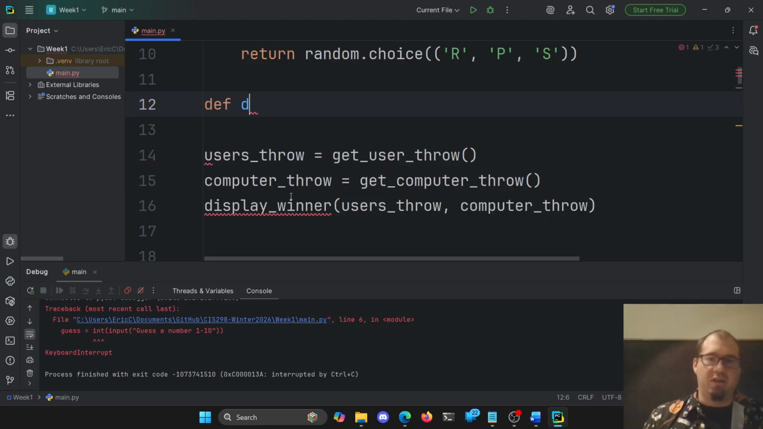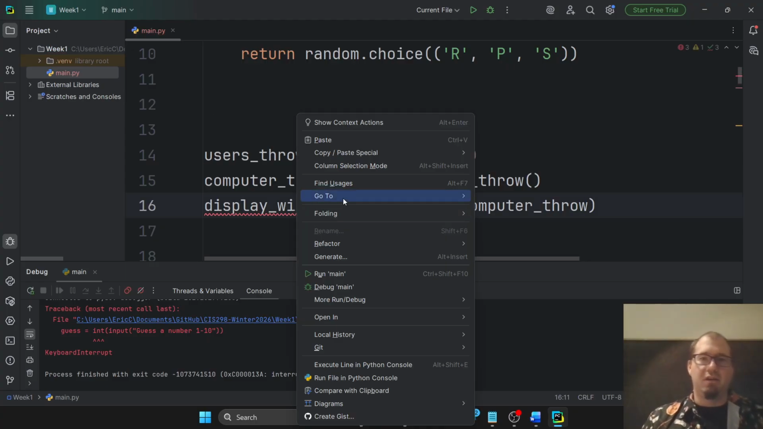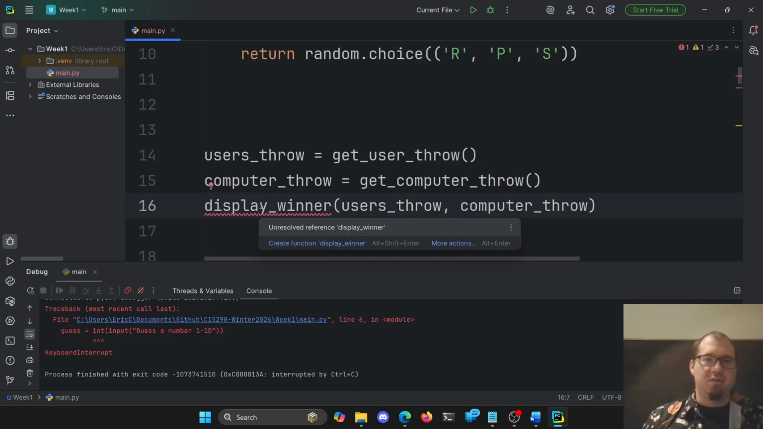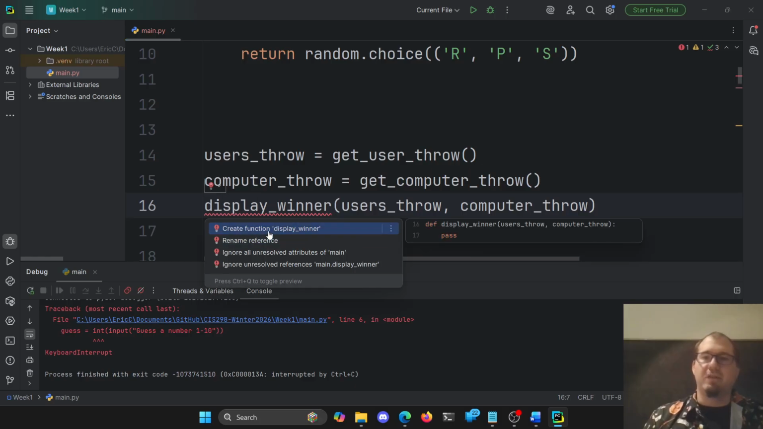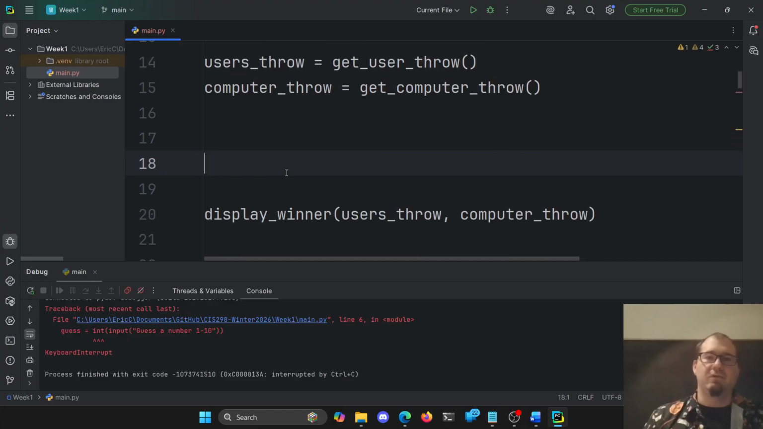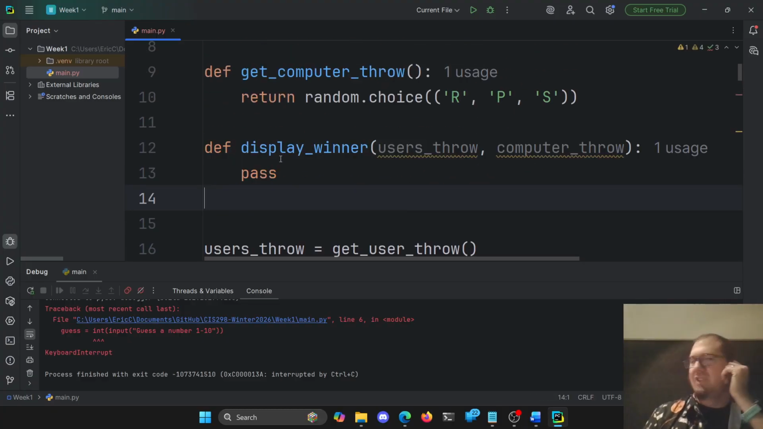Find display winner. Actually, let's just right click here. Where's my little option here? Here we go. Create function display winner. Look at that. It's going to make the function for me. I like putting them up top. Doesn't matter too much here